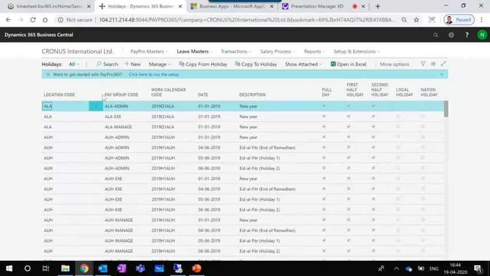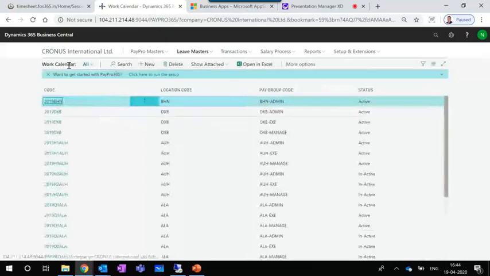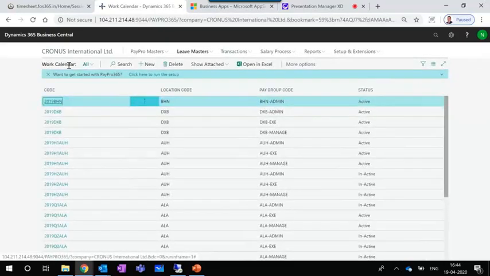These are the holidays which we can define, whether it's a full day or half day holiday, that you can define over here. Once you define holidays and weekly off, the system will generate the work calendar. This will be used for calculating the leave and other things.